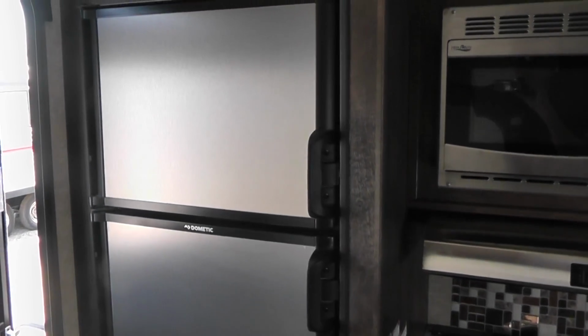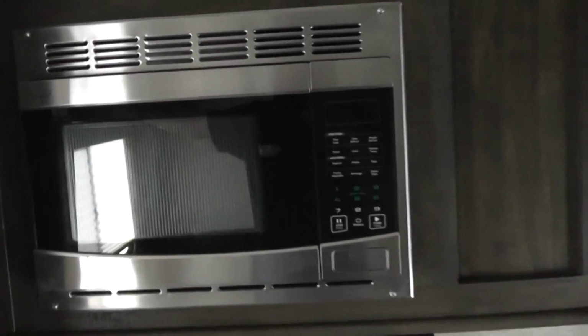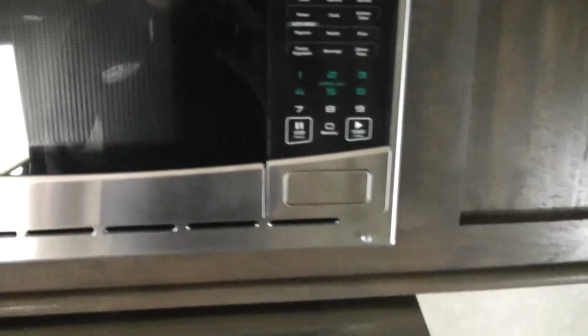Of course, it will automatically switch, which makes it nice. If you were, as an example, at home and hooked up, it was nice and cold, and when you disconnect to go to the park or whatever, it switches over to propane, keeping the refrigerator cold while you're on the road. Just to the right of that is a residential style microwave, 1000 watt high point, and